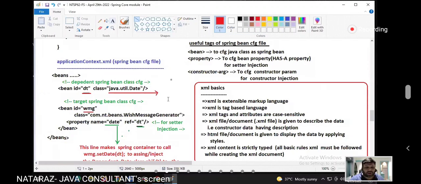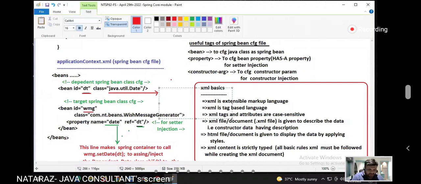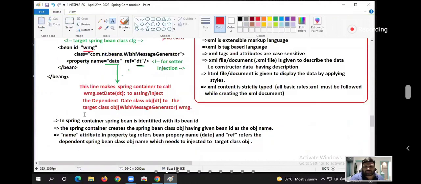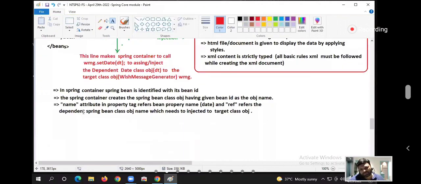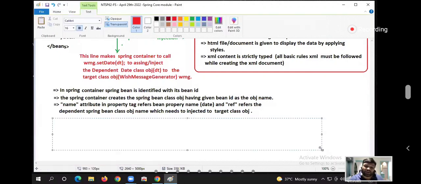Fully qualified means complete name, like a person's full name with surname, first name, everything. Don't worry, we will cover a lot of basics, guys.